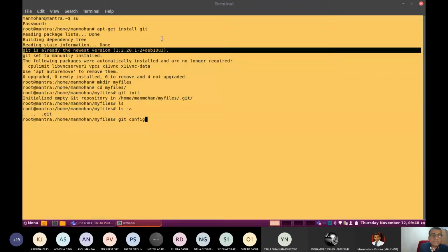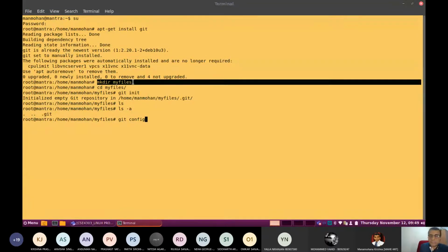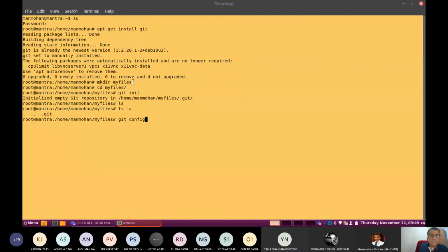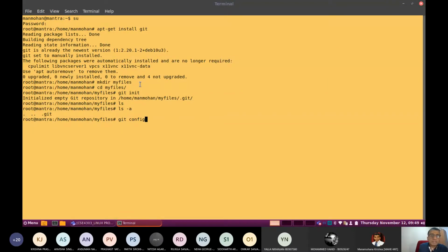Then you need to make one working directory in your computer for the GitHub repository. You can name the folder as you like. In my system, I named it with mkdir my files. This folder will be your Git repository, and after that you enter into that folder with cd my files.